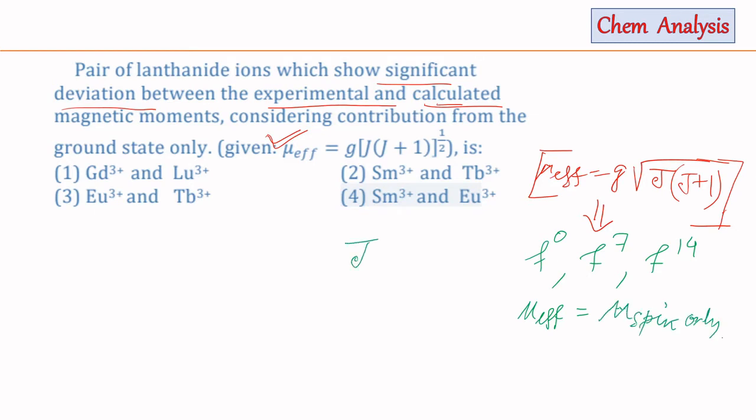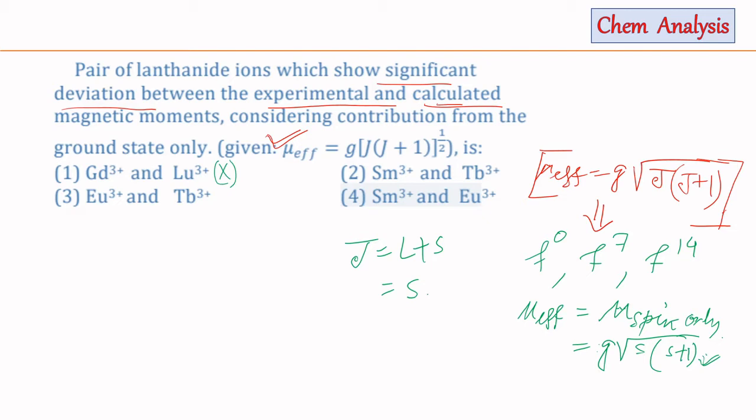Okay, since J is equal to L plus S, and in case of f0, f7 or f14 L is equal to 0, so J converts to S and the equation becomes mu spin only, that is mu effective is equal to g into root over S into S plus 1. So for f0, f7 and f14 there will be no difference between the experimental values and calculated magnetic moments. So for the first option, since gadolinium 3 plus is f7 and lutetium 3 plus is f14, there will be no difference in the calculated and